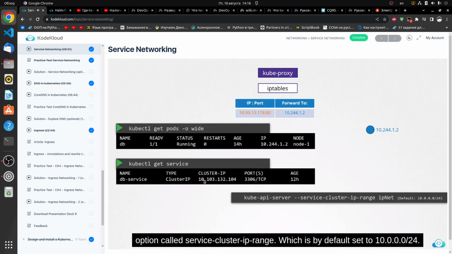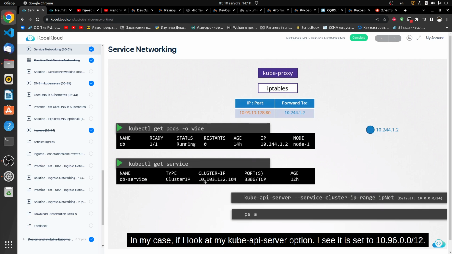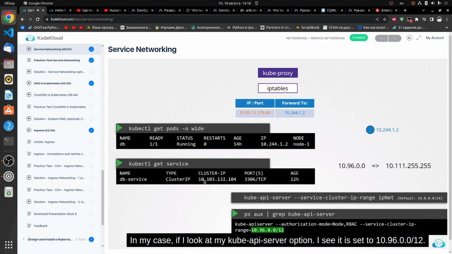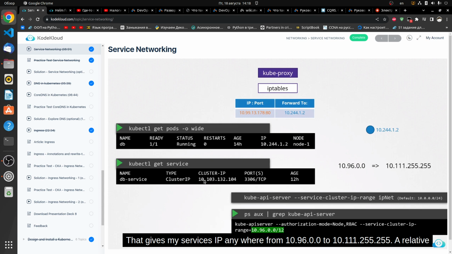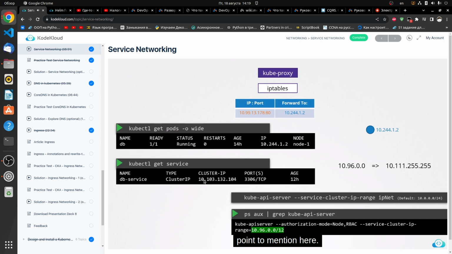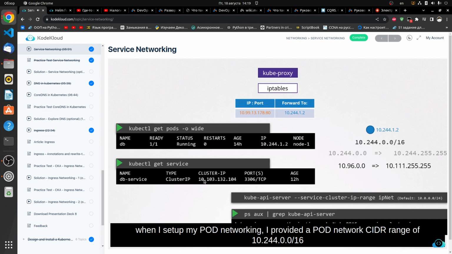set to 10.0.0.0/24. In my case, if I look at my Kube API server option, I see it is set to 10.96.0.0/12. That gives my services IP anywhere from 10.96.0.0 to 10.111.255.255. A relative point to mention here, when I set up my pod networking, I provided a pod network CIDR